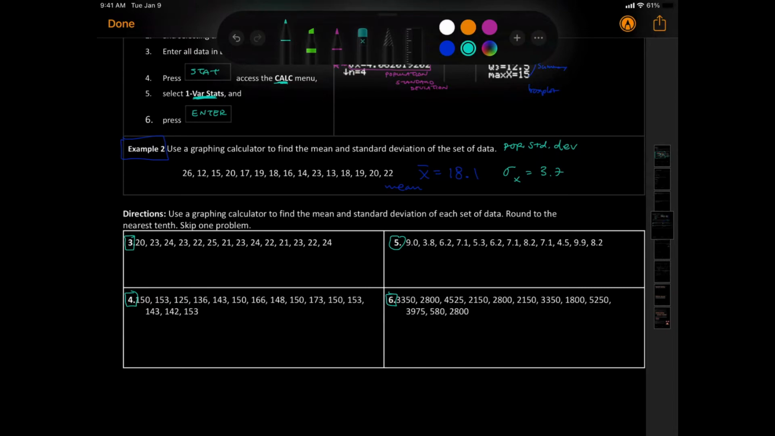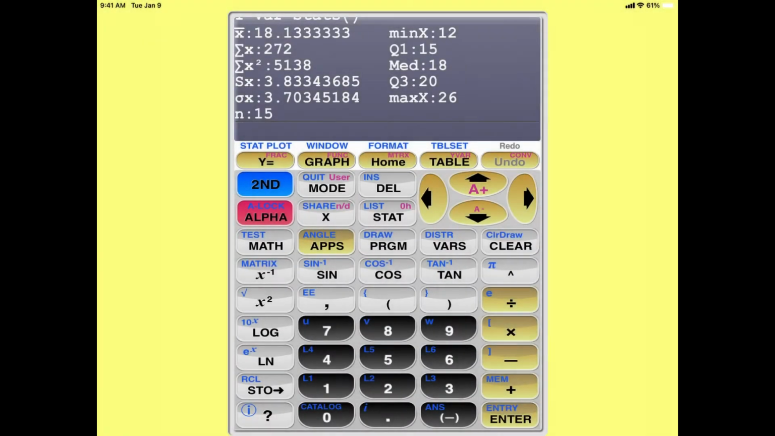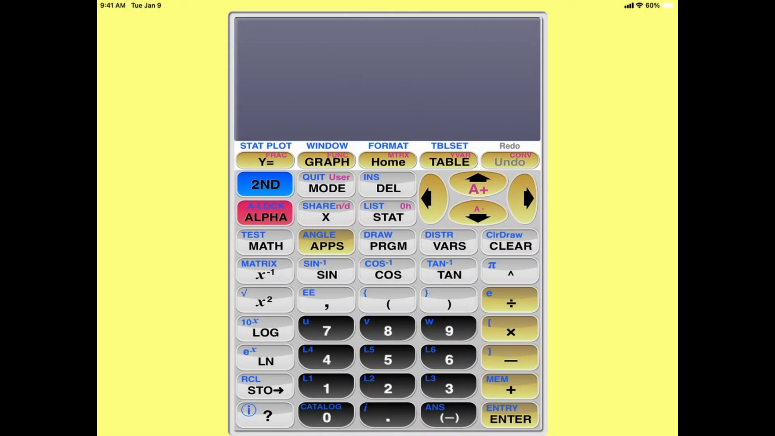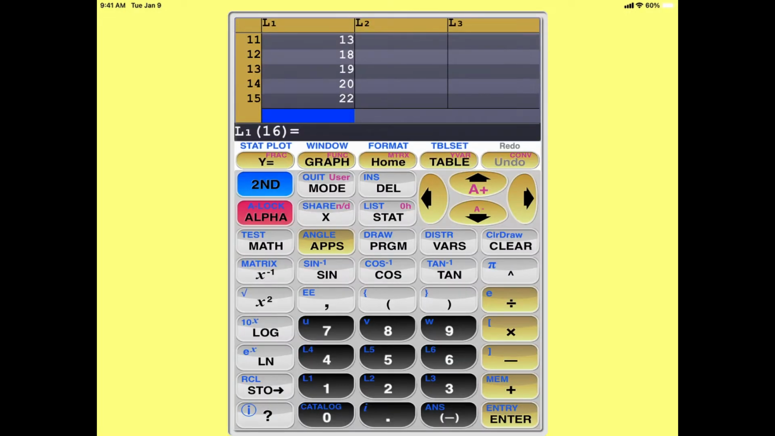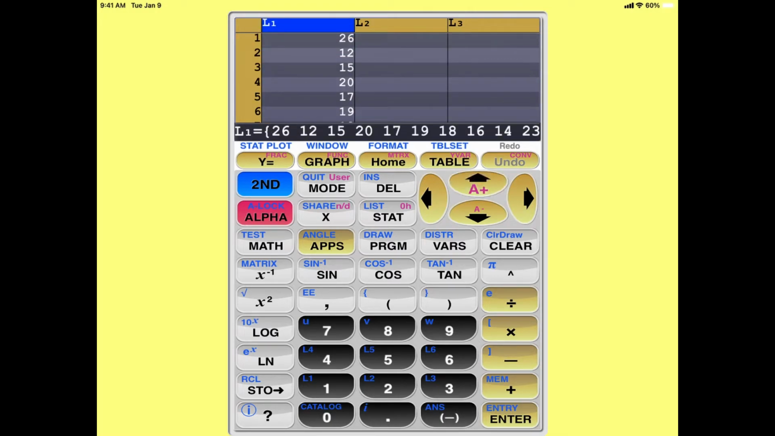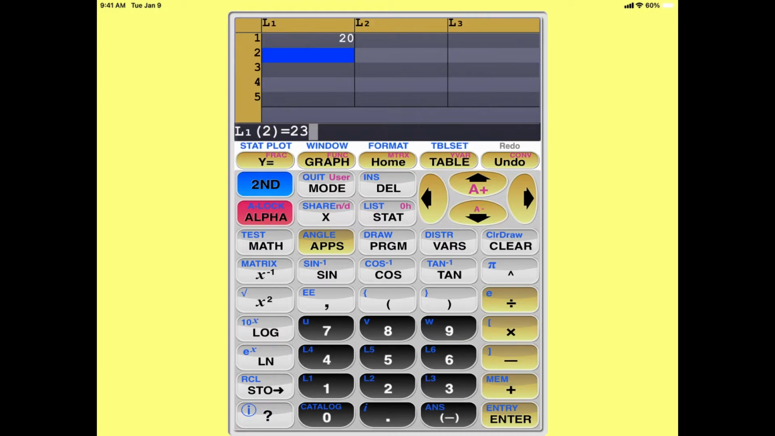Let's go to my calculator. Cleared it, Stat, Edit. Okay, go back to the top of your list. Clear, Enter. So for question number 3 would be 20, enter, 23, enter,